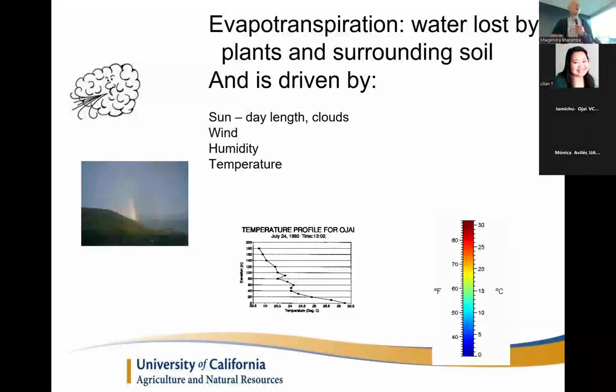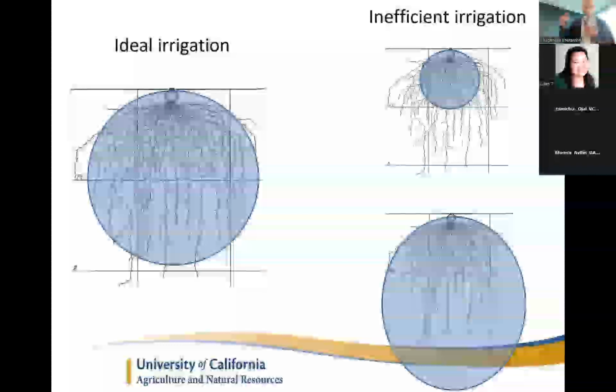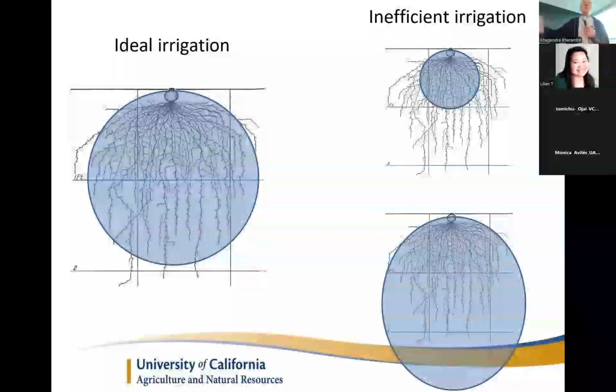So we heard about the effects of temperature, but it's the humidity of the air that is really going to determine how much water is being sucked out of plants. So the drier the air, the more water is pulled out by plants, therefore the more is required to be replaced. And so when you're irrigating, you need to know how much is driving water use, and